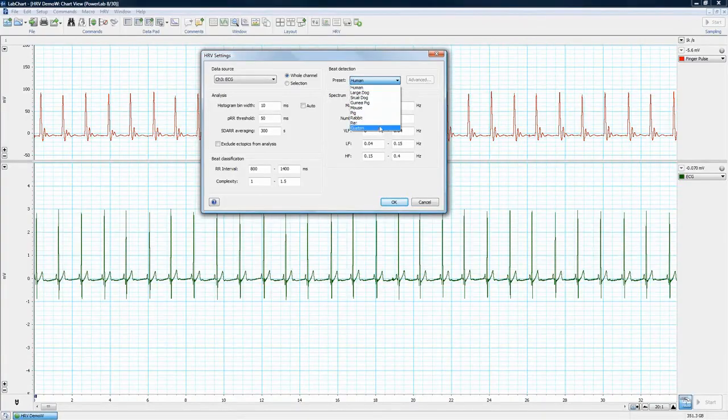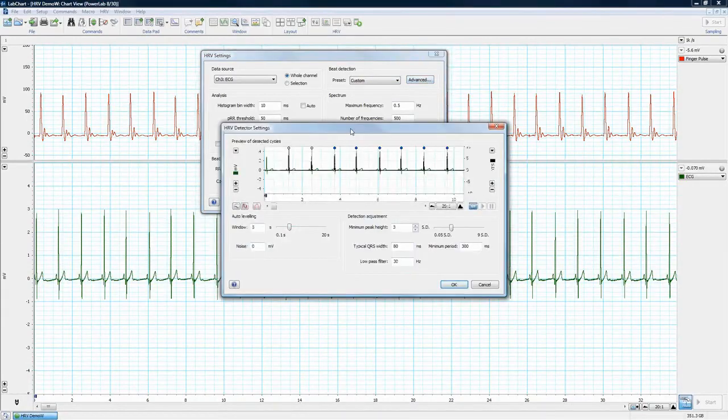Now, if these presets do not work very well for a particular subject in your test group or for your particular model, you still have a custom option available here. So if the presets, I go down here and select custom, I can actually go over here and I have an activated advanced button here. If I left click this,